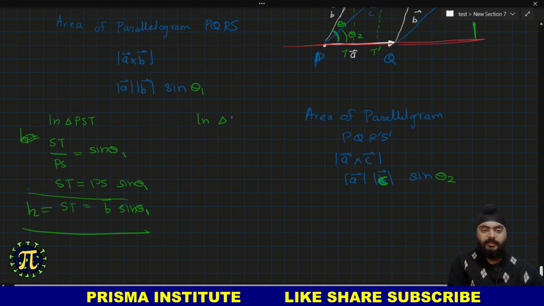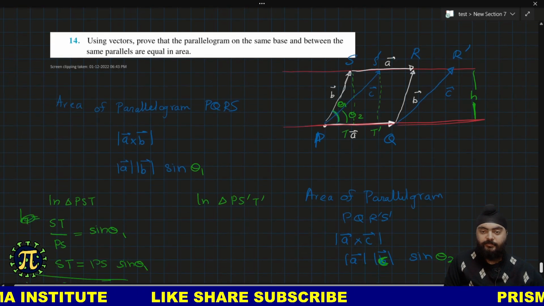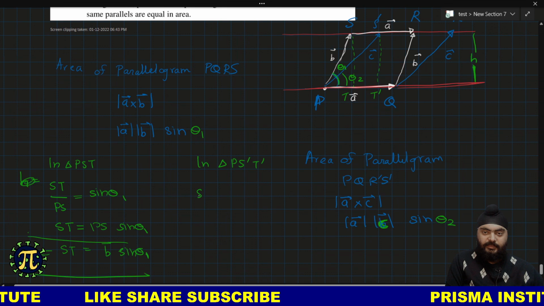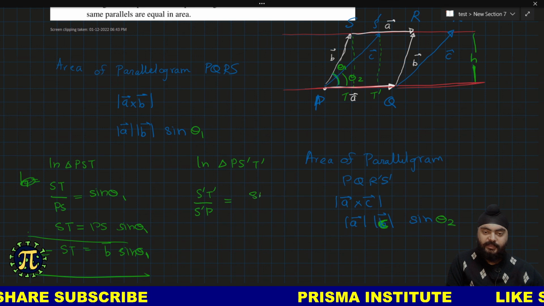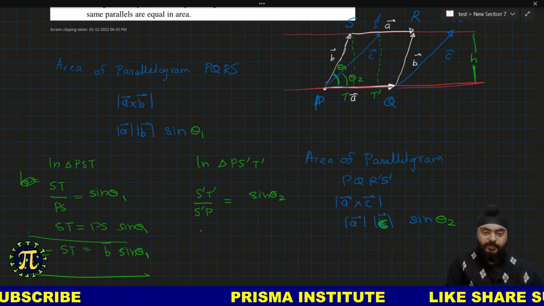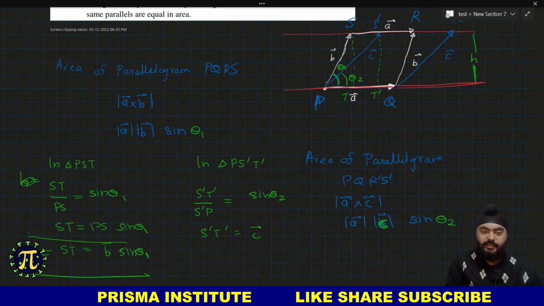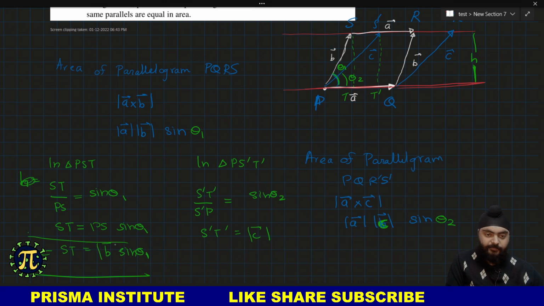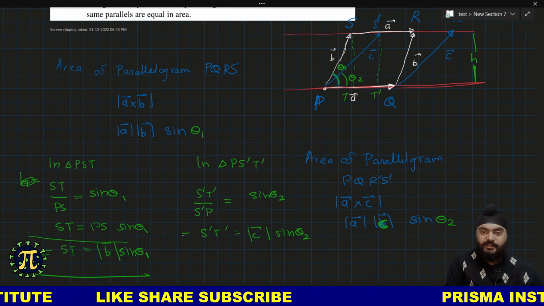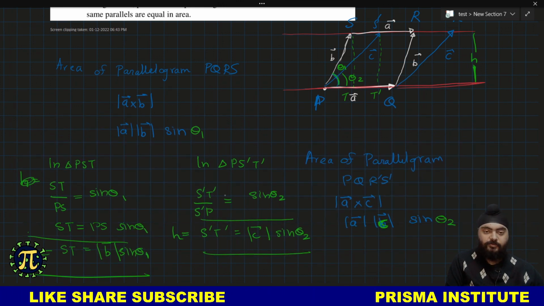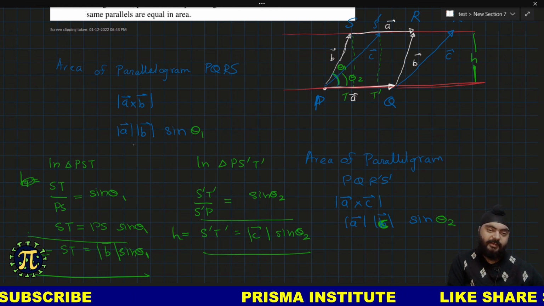and in triangle P S dash T dash I can find, so from the figure क्या बोल सकते हैं हम from the figure कि S dash T dash divided by the hypotenuse S dash P is nothing but sin theta 2, and we can find S dash T dash is equal to S dash P, S dash P कितना, वेक्टर C का मैग्नीट्यूड, राइट, ठीक है, so magnitude of C into sin theta 2, and S dash T dash is also the height H, right, so from these two you can see कि ये क्या represent कर रहा है, सेम बेस इनटू सेम हाइट, राइट, ठीक है,